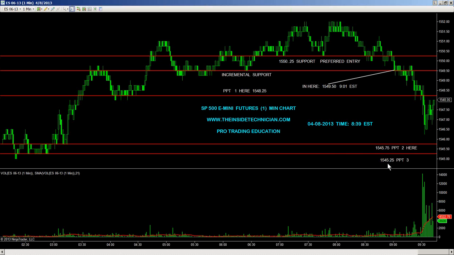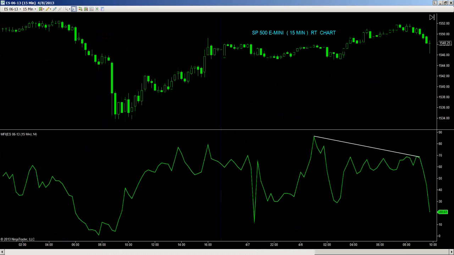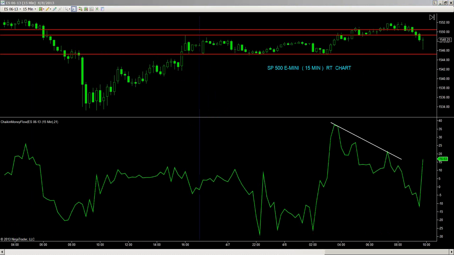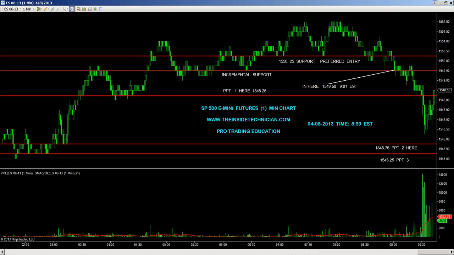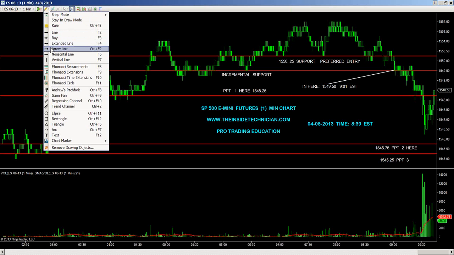Let's take a look at the 15-minute charts and see what's happening here. I'm not interested in a long hold time on this. It looks like we could be out of this trade now. Yeah, right now. At 1548.25 we got out. Possibilities of getting back in, but 1548.25 right here at this level. We had talked about this earlier, and a reason to get out was the